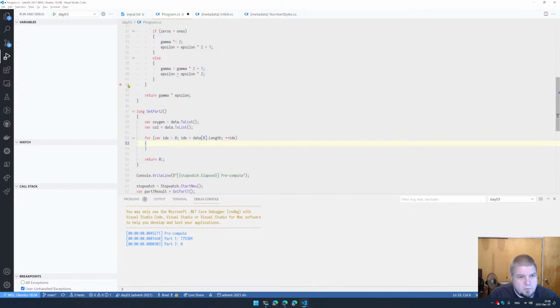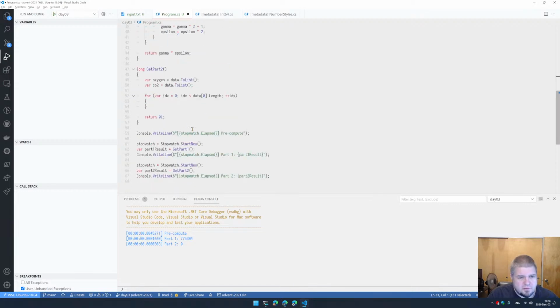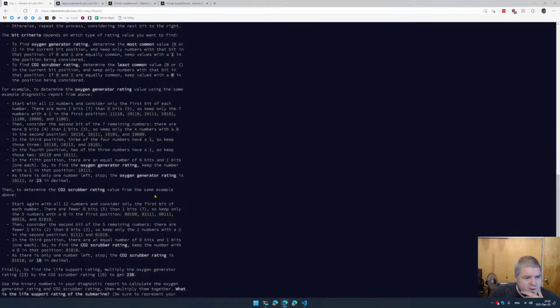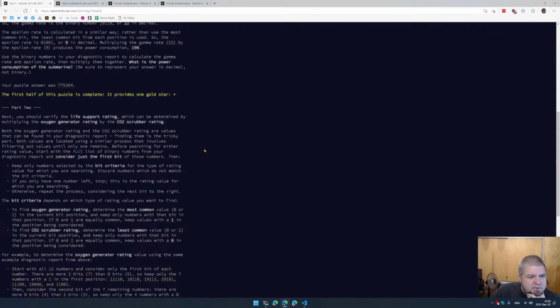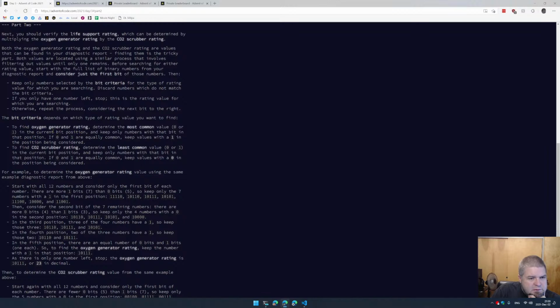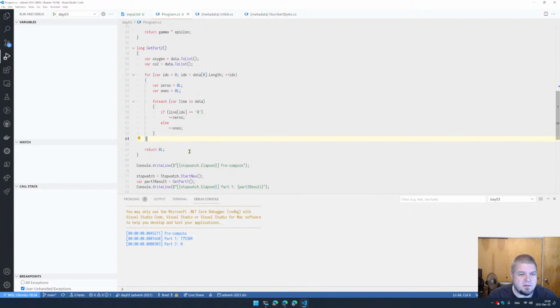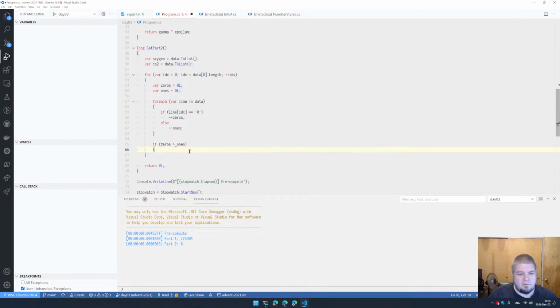Let's see, so we're still going to do this, the zeros and ones. Let's see. If you have only, alright, let's see. Determine the most common value. If they're equally common, keep values of the 1 in the position. So we check for zeros greater than ones again, right? If zeros are greater than ones,